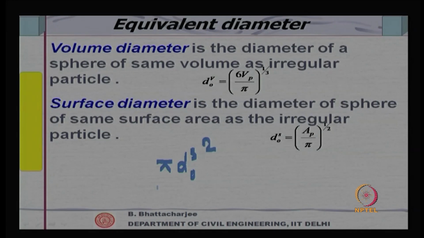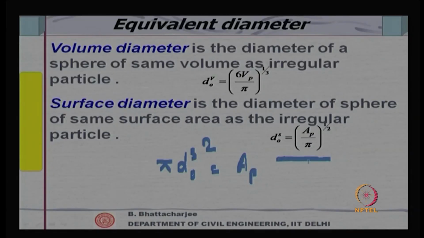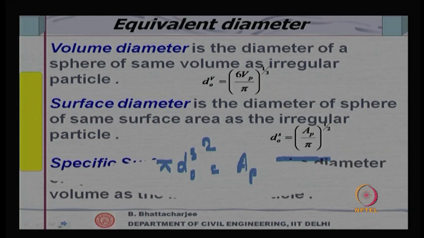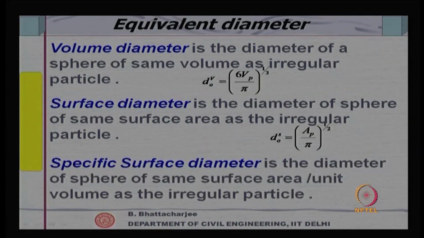Pi d square is the surface area of a sphere. So, that must be equal to the surface area of the particle. Therefore, surface diameter is defined in this manner. If you have an irregular shaped particle and you know its surface area, divided by pi, and if you take the root of it, that gives you the surface diameter. So, we can define diameters in this manner, surface diameter and volume diameter, and then specific surface diameter is the